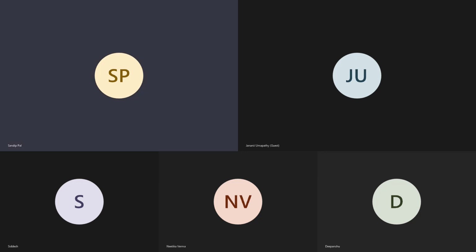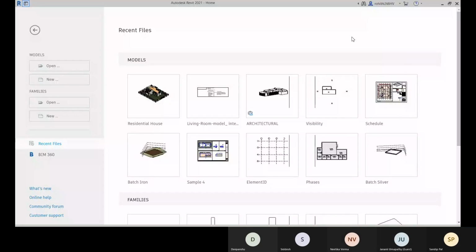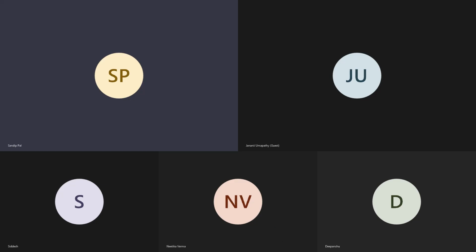Is my screen visible? Okay. Here you can see that I have a file which has this symbol. When you create a master file, you will get this symbol on that file. Let me show you how we can create it.